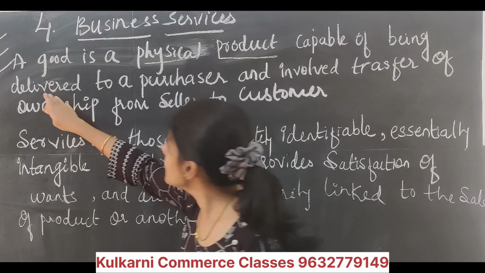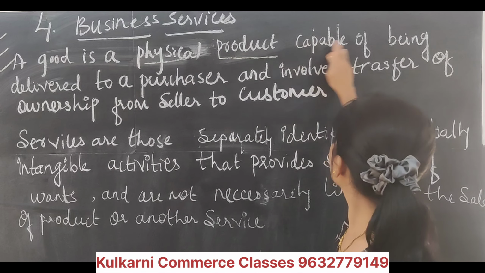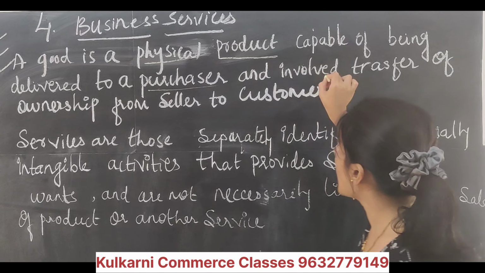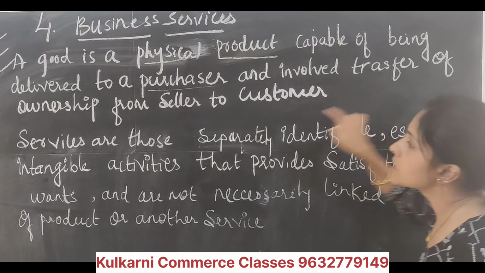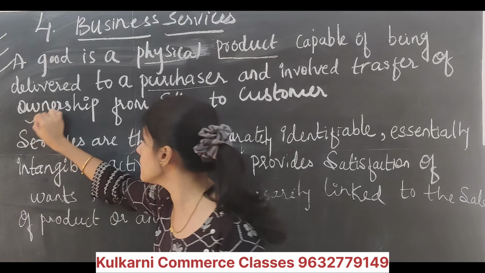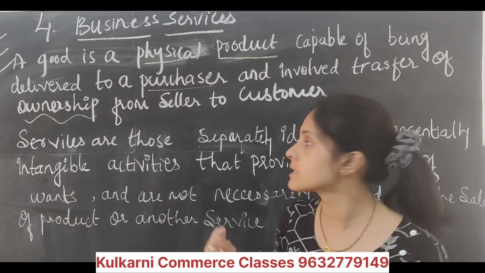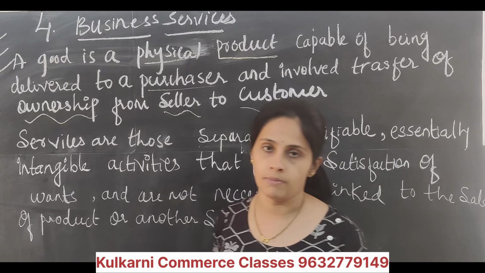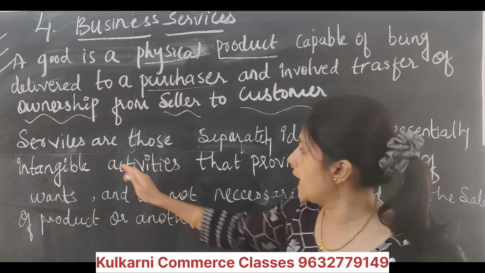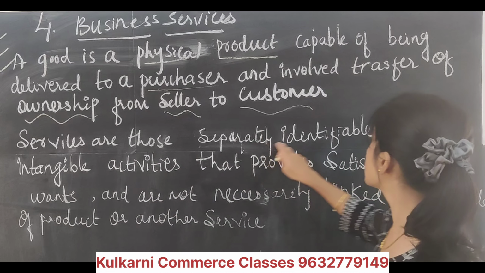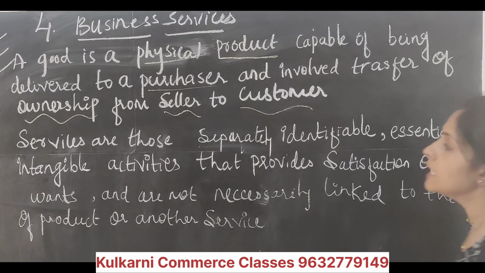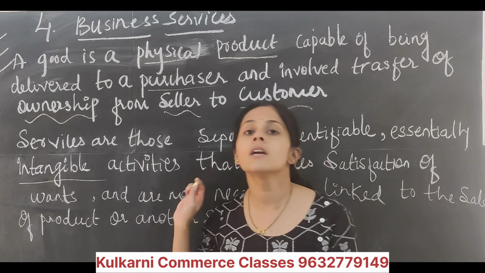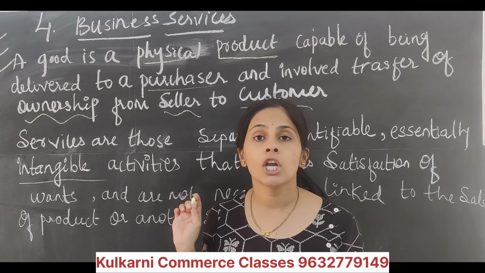That's why a good is a physical product capable of being delivered to a purchaser, which means we can physically transfer it, and it involves transfer of ownership. Here, transfer of ownership happens from seller to buyer, seller to customer. Understood? Very easy. Then services are those separately identifiable, essentially intangible activities which cannot be seen or touched